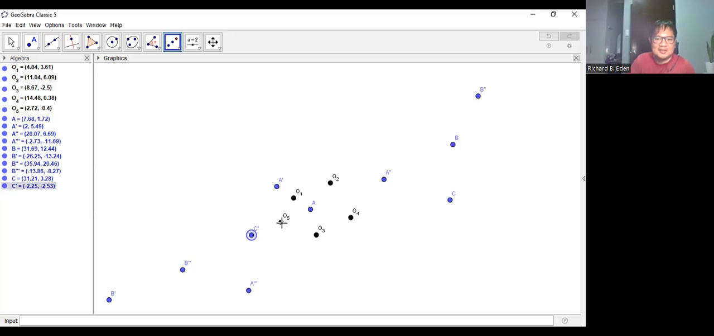Tignan natin ang next. Ayan o, look here. A and C double prime. Pareho. Impossible. But hey, okay. Galing. But here we are anyway. Okay. It's got something to do with the fact that